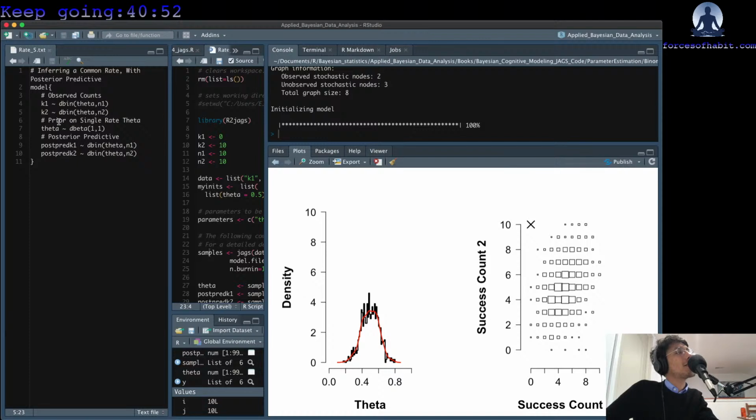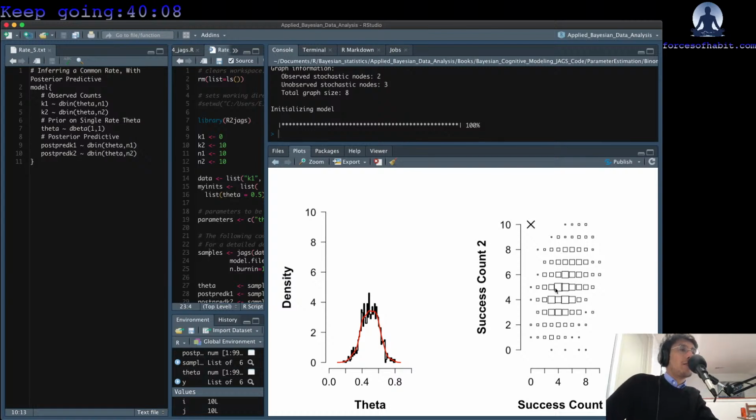Two amounts of success, one common rate, plus these predictive posteriors. So two different data sets that we're going to predict. And we should be predicting them about the same because they have the same rate, right? So even with sampling variability, in this case they're the same rate. Even with variability in the sampling rate, or the number of samples, they have the same rate, so we should see similar patterns. Here, this is just the plot we saw before, but now